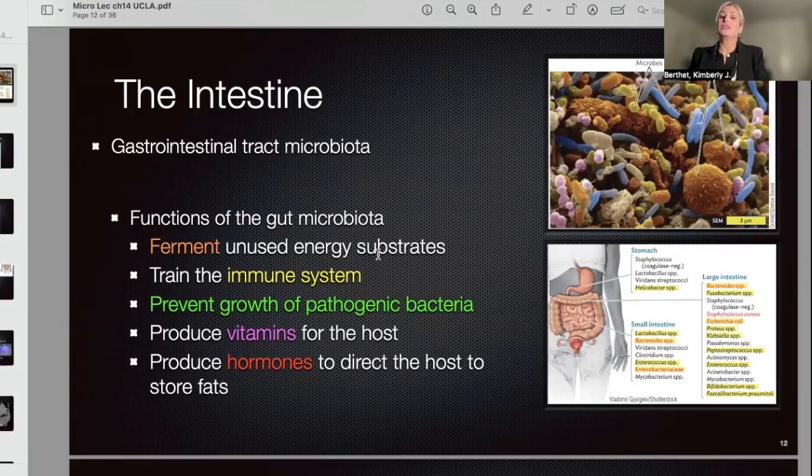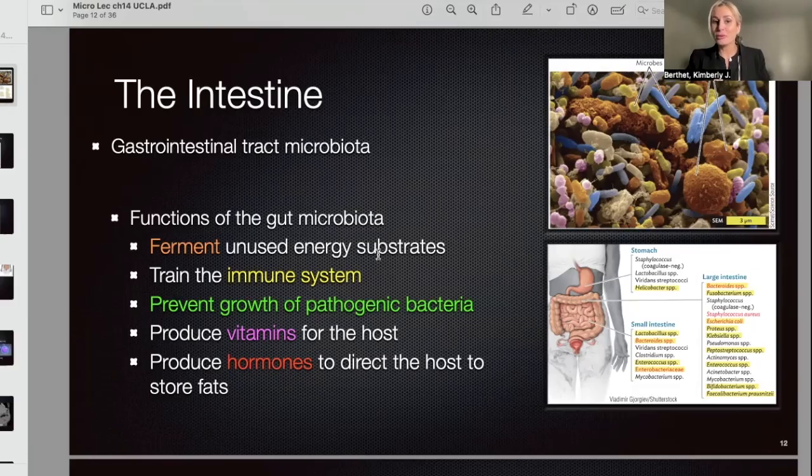Now, in the situation that we see in the United States, we don't normally see people lacking calories. So having additional microorganisms that yield additional calories, more than the calories that we're consuming, is not necessarily beneficial. But if we think about thousands of years ago, or if we lived in a place where we had limited food, limited resources, this additional fermentation by these microorganisms would be extremely beneficial for survival. But it's not necessarily beneficial in America, where we have too many calories coming in most of the time. And we'll look at that in a minute.